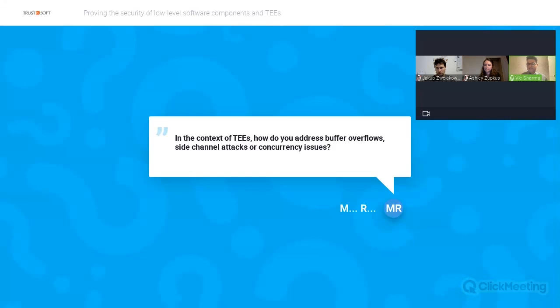And second, to be able to prove that the implementation of the firmware is in line with the specifications, and that it doesn't exhibit any undefined behavior. And of course, the final goal in the context of all the issues in this question is to be able to show that the TEE subcomponents and the underlying code are reliable, secure and deterministic, basically.